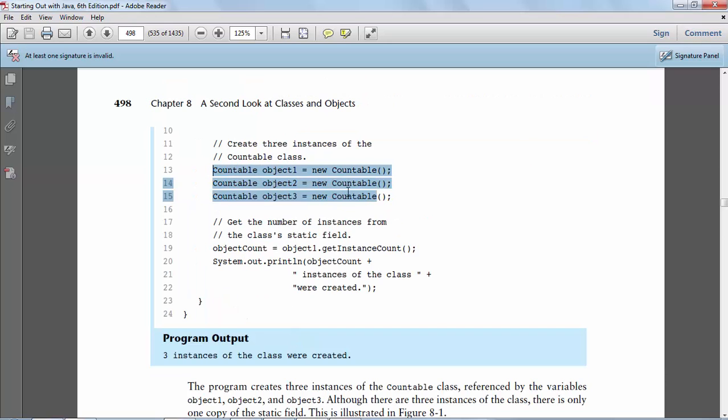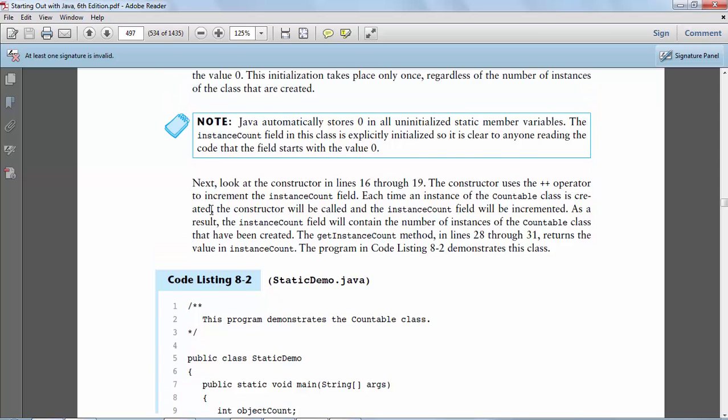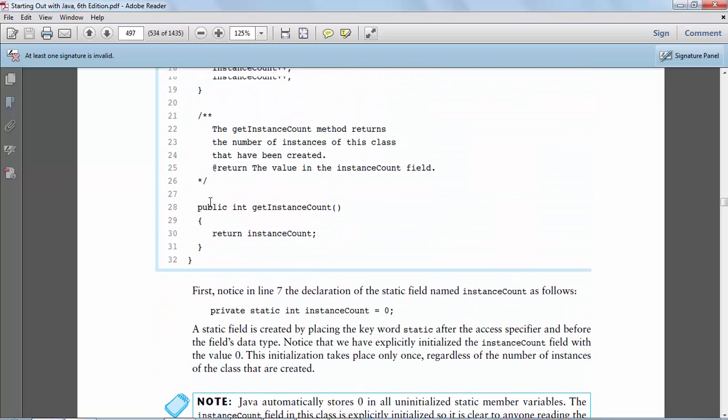So notice we create 3 objects, and that's going to make our object count be 3. All right? But notice we say object count equals object1 dot get instance count. We could have said right there either object count equals object1 dot get instance count, or we could say object count equals object2 dot get instance count, or we could say object count equals object3 dot get instance count, or we could just have used the actual name of the class itself,